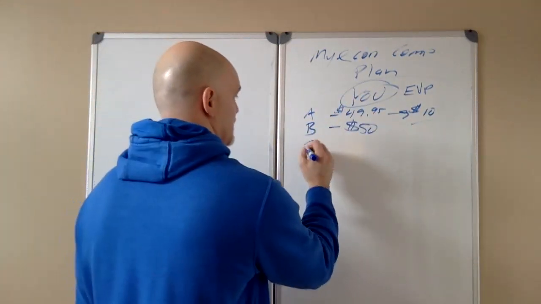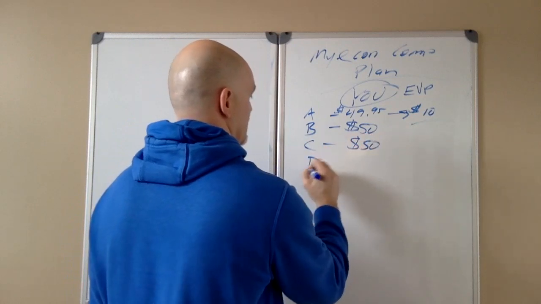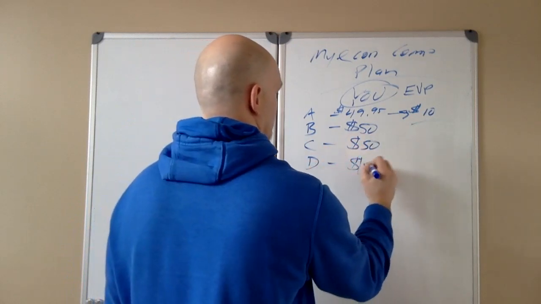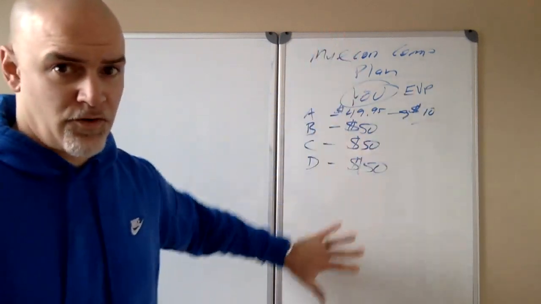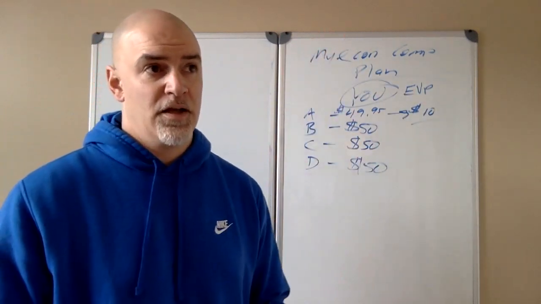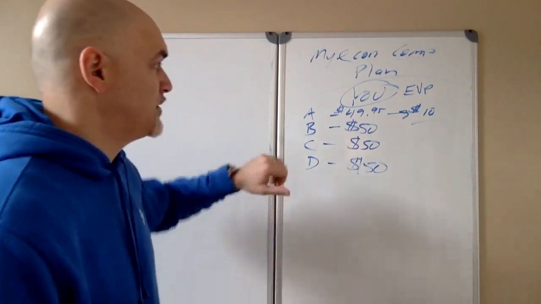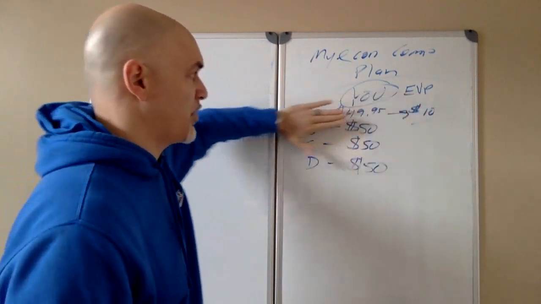So you sponsor person C, again, you get another $50. Okay, you sponsor person D, you get another $50, right? So those are your direct referral commissions right there. So that's kind of component number 1 of the comp plan. Now we're going to move into what's called the base shop, all right? Once you sponsor your very first person, now